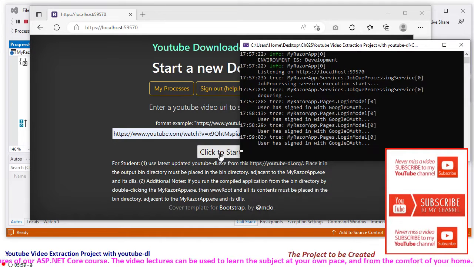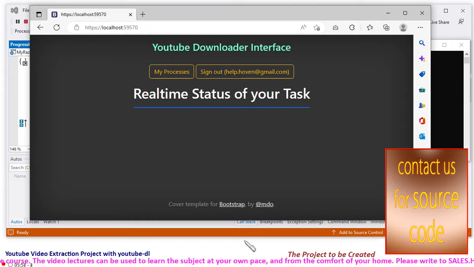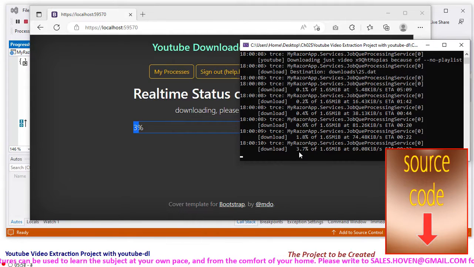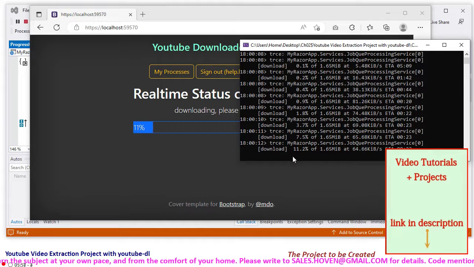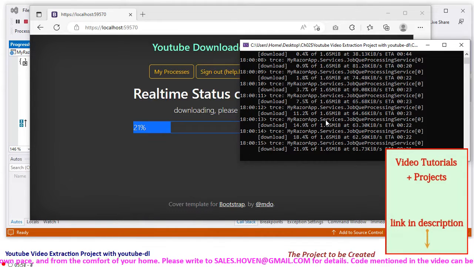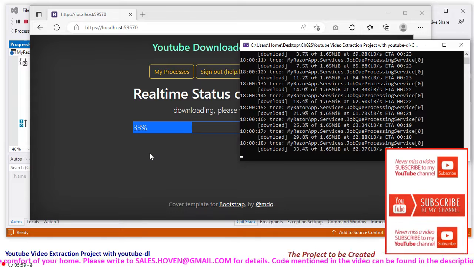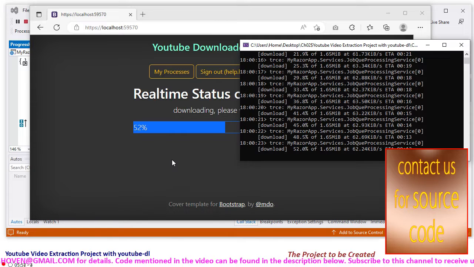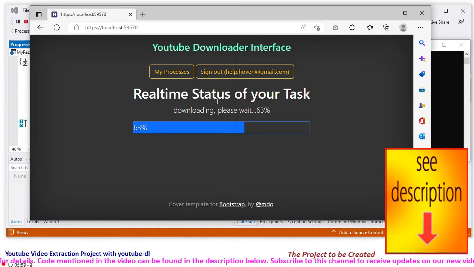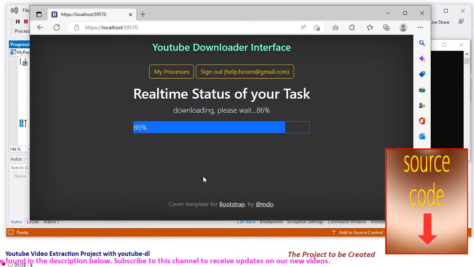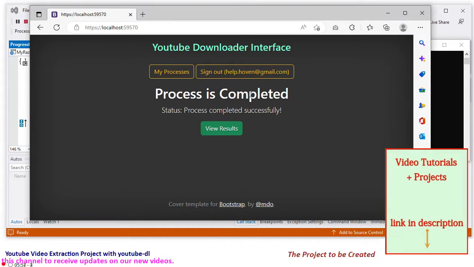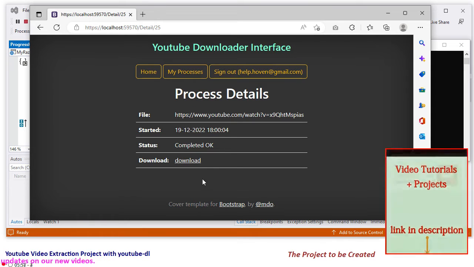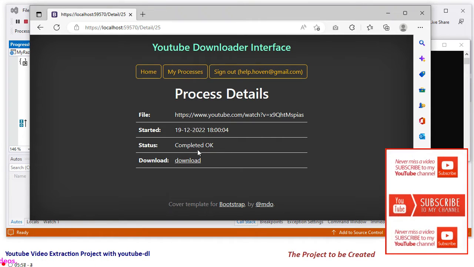So I will click to start, and a real-time progress will start, and you can see that in the log: 3.7%, 7%, 11%. This part is running on the server, and this part is going on the client side. So this is how the processing is taking place, and as soon as the process is completed, we will be shown the results, so let's allow it to complete. 89, 93, 100, and as soon as it is completed, we can view the results, and here the file, the start time, the complete